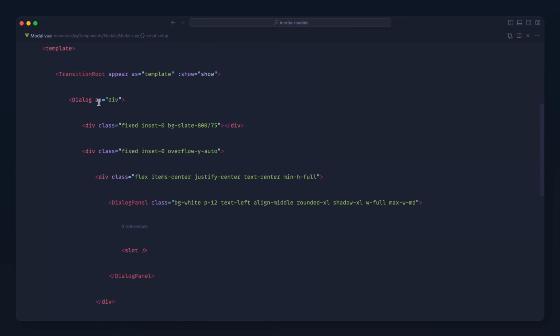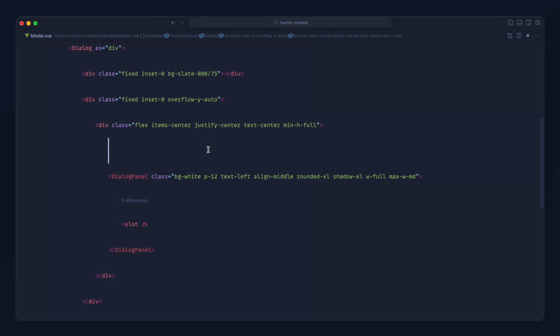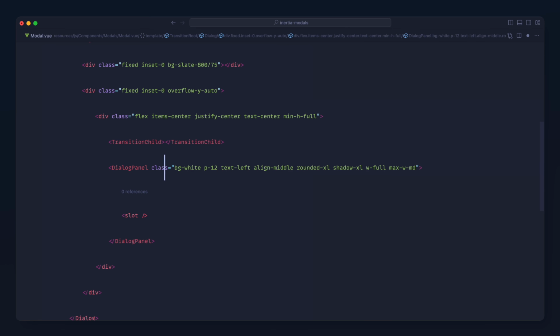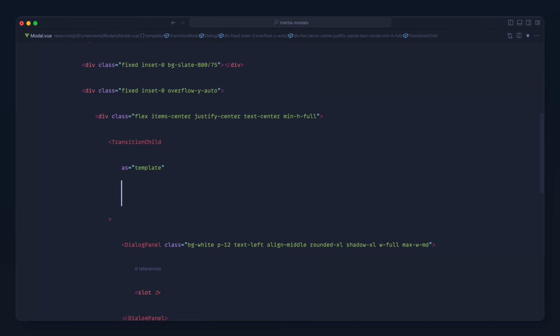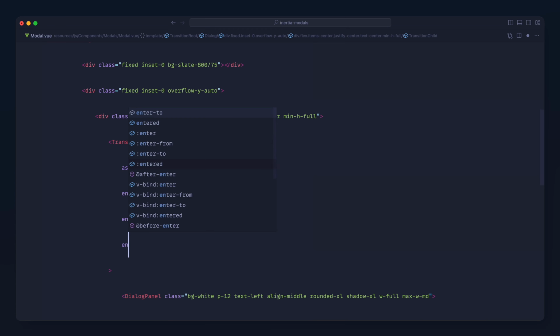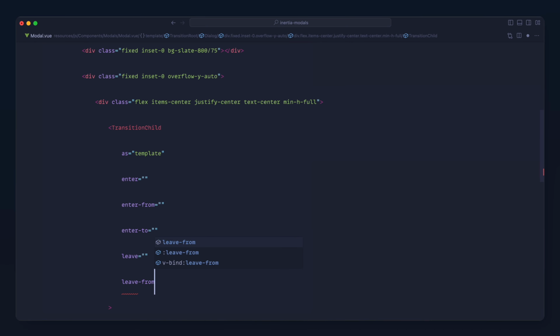So we've already got our transition route here. We want to transition the dialog panel opening. To do this with the transition route, anything inside of this that we want to transition, we just add in a transition child. So we're going to wrap the entire dialog panel in this transition child, and then we can just apply normal transitions like we would find in Vue. Again, we're going to set this as a template because we don't want this set as a div or anything like that. And then we can just use our enter from, our enter to, leave styles, leave from, and